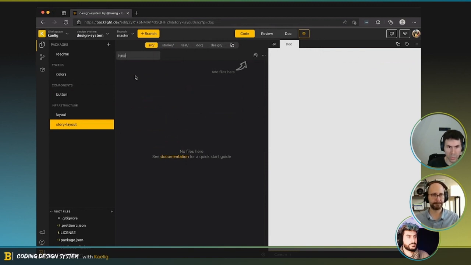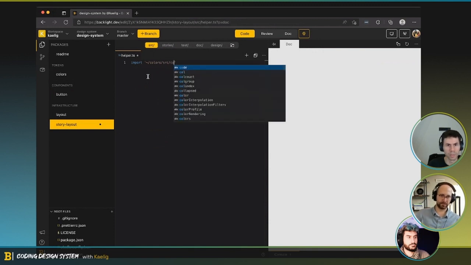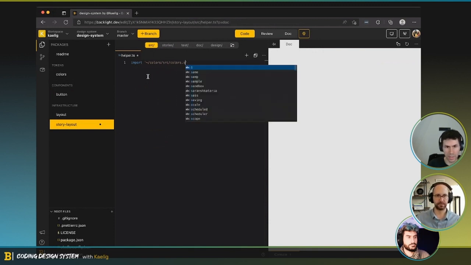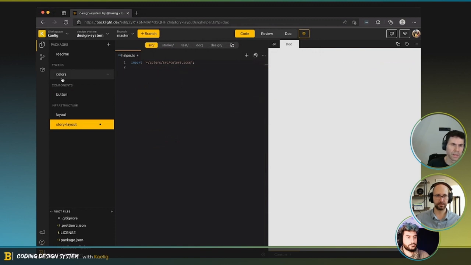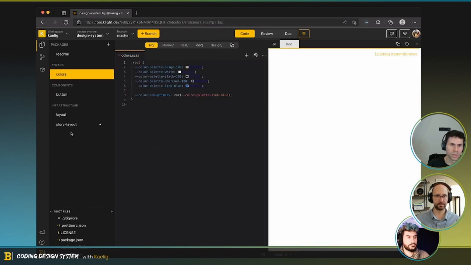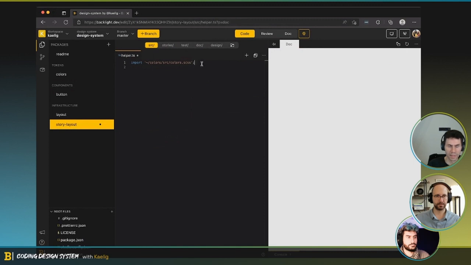For example, helper.ts. I'm just thinking what is the best, but yeah, this is enough. And then we can just import the colors, and we're going to pick up colors.scss. We check the name, like colors.scss. And that's about it.